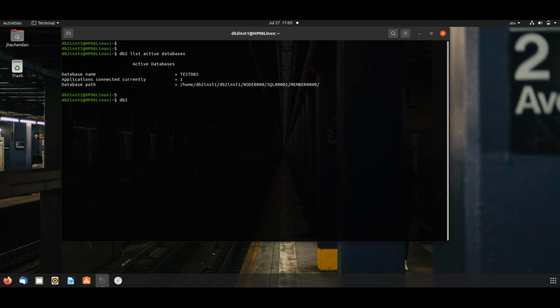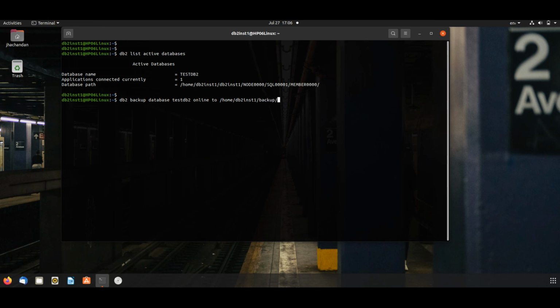db2 backup database testdb2 online to the path where we'll keep our backup image, /home/db2inst1/backup.